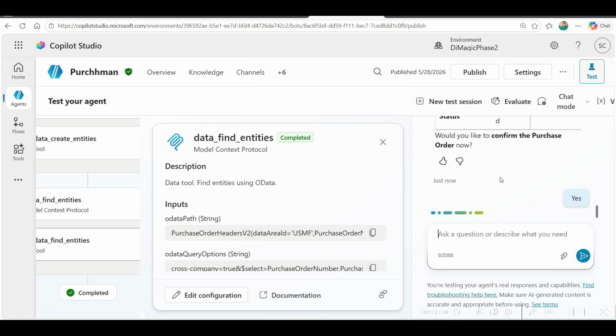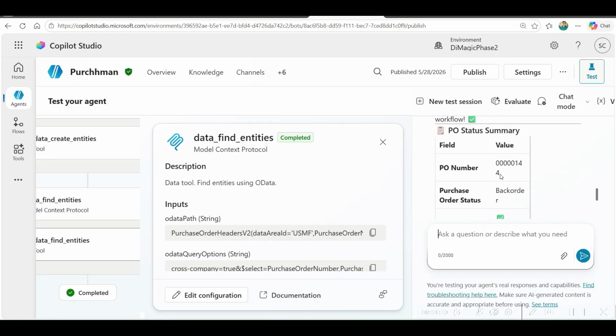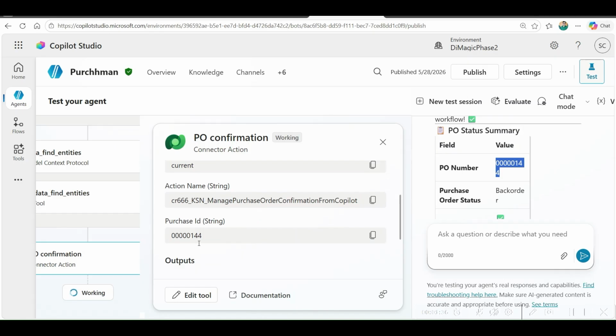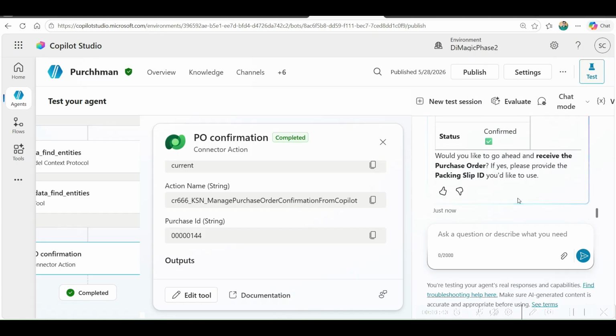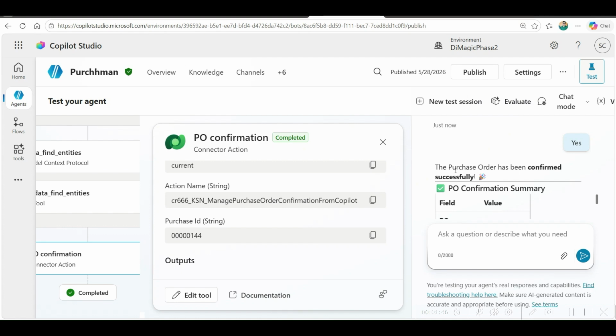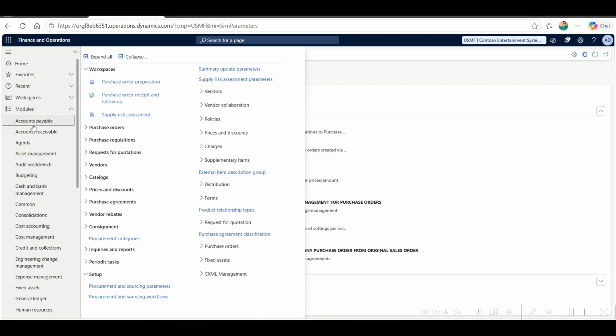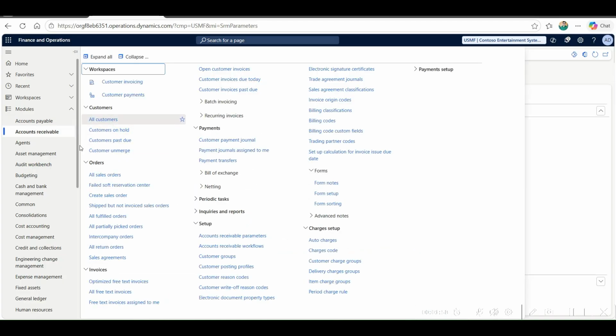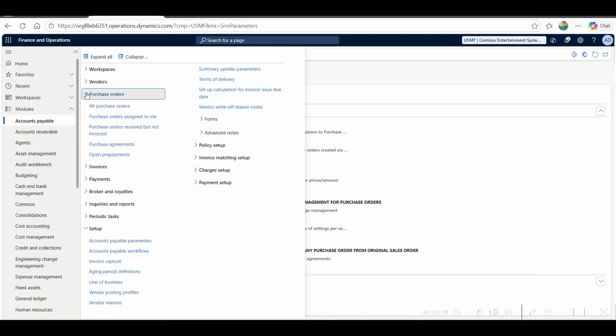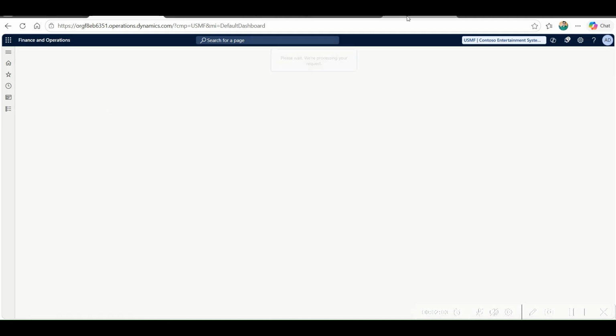Automatically it's going to grab the purchase order number that got generated, which in our case is this, and it's automatically understanding the action name that it has to invoke, and it's waiting for the purchase order to get confirmed successfully. So if I come back to my purchase order, and open it by going to accounts payable, all purchase orders,